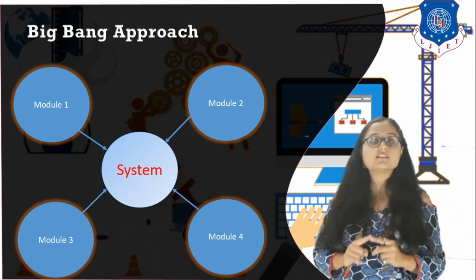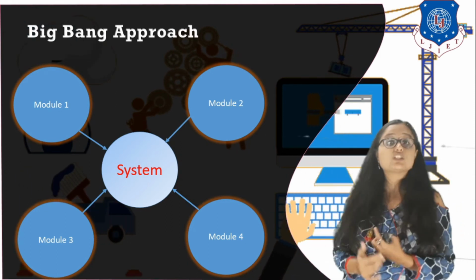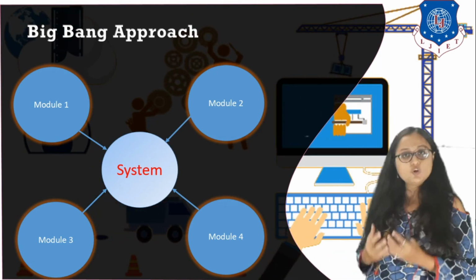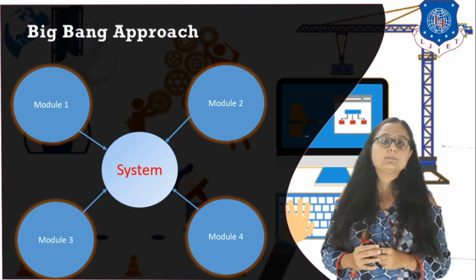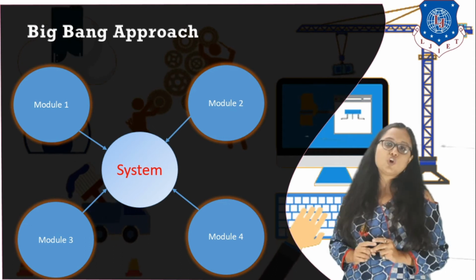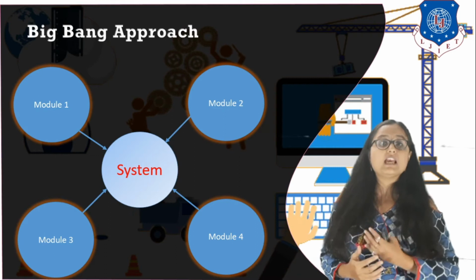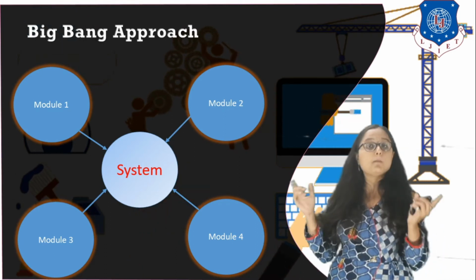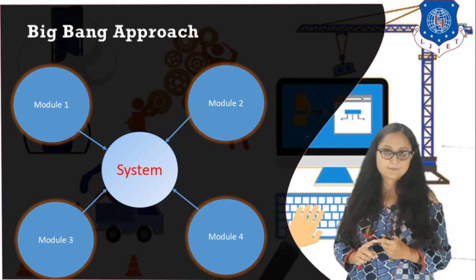When can you use this approach? When you have a smaller software, with a limited number of modules which are neither heavily dependent on each other, everything is working cohesively, only some interdependency is there and you want to check for that interdependency, you can go for the Big Bang approach. But if you have a complex system with a very high number of modules and very high coupling between them, that is higher interdependency, the complexity of integration testing using the Big Bang approach will be higher, right?